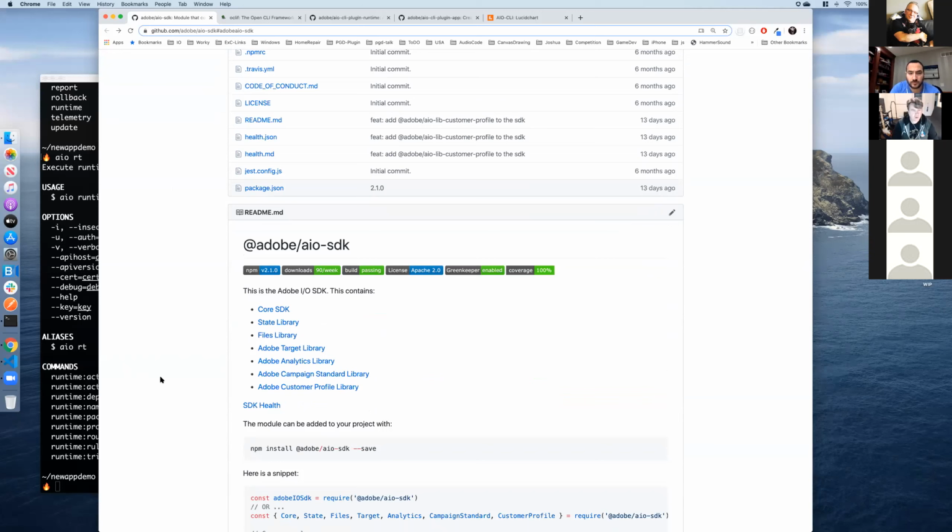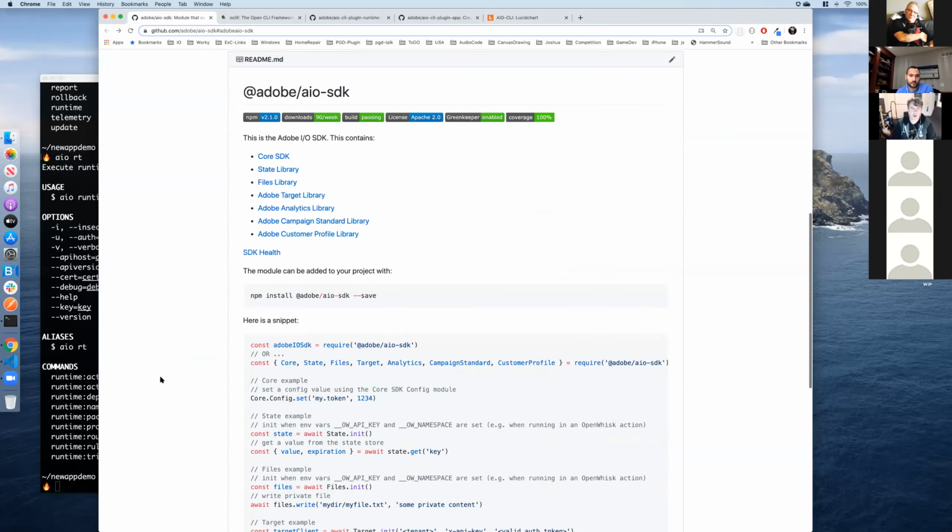So we came up with the Adobe Target library, which allows you to integrate with the Target APIs for developing your own products that aren't supported out of the box. And similarly with analytics, campaign standard, and customer profiles. We've provided these as ways to build things inside runtime.